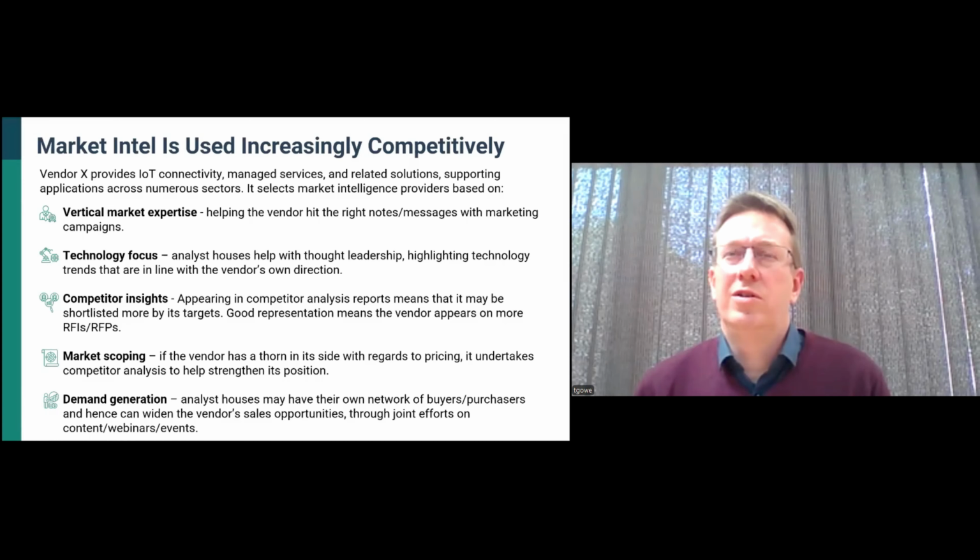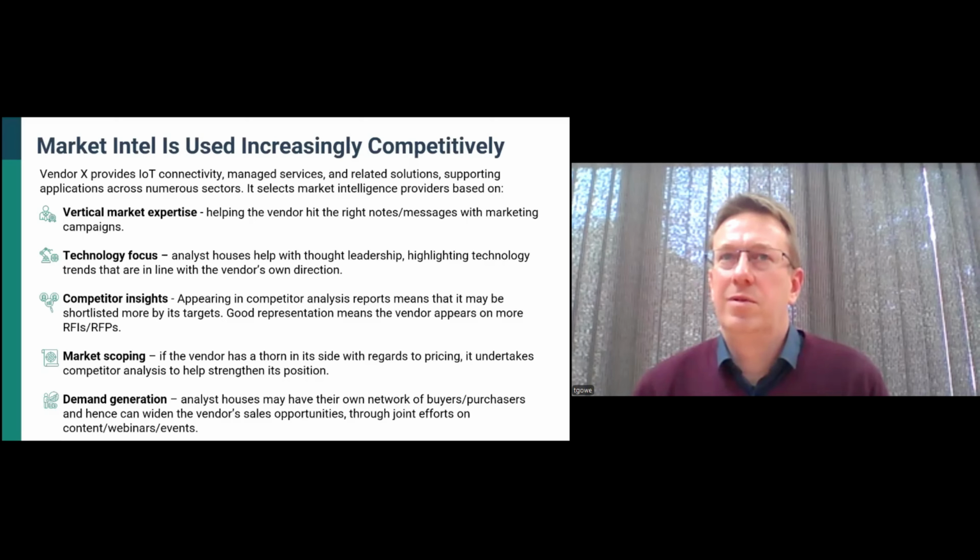A lot of technology vendors rely on reports from analyst houses that position them in a certain way. If the analyst house has good credibility, they can use that collateral to position their products and services. A good example here might be the Gartner Magic Quadrant, which places